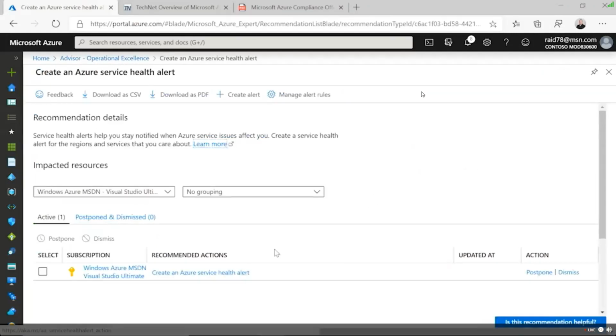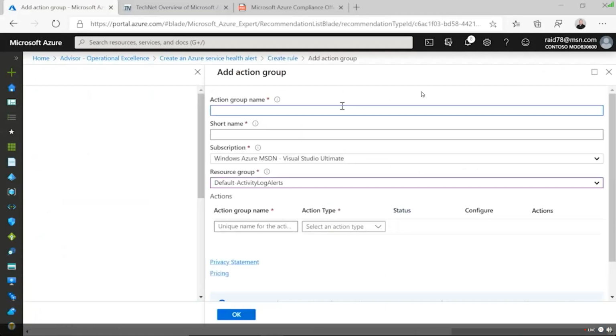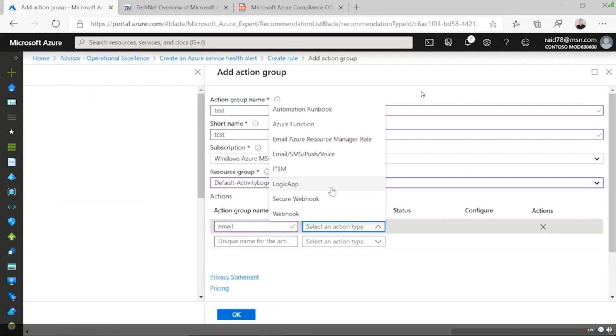And let me show you what this looks like, because what I'm going to dig into here is actually the monitoring platform for just a second. It tells me here's what my target is and what I want to do, and I can simply create an action group. So we'll just call this test, short name test, and what are the actions? And we'll say email. And what I can do is set the action type. I can set emails, I can do IT service management, I can run a logic app, I can also do automation runbook, which is our scripting environment.